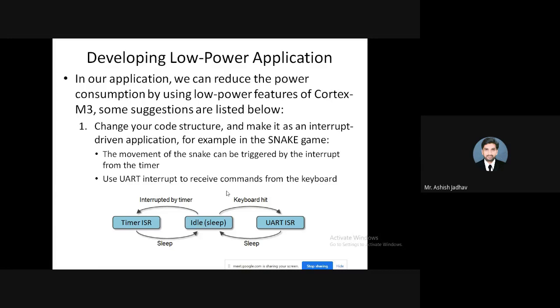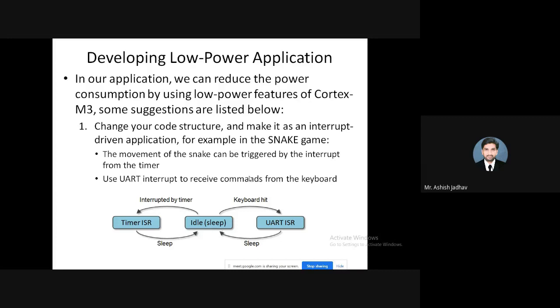Now say if your processor is in this idle or you can say sleep mode. Now there are two types of interrupts, as I have mentioned. One is timer overflow, meaning after 999 you have to wake it up for one microsecond and push the snake one step forward. And the other interrupt can be the keyboard hit, which is interfaced using a UART. The UART will have a separate ISR. ISR means Interrupt Service Subroutine.